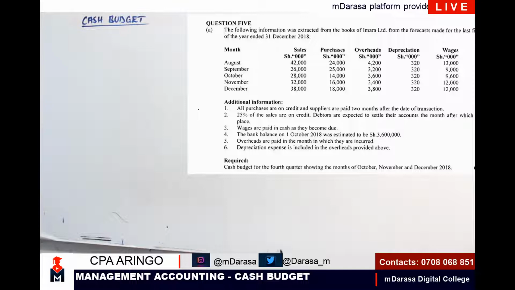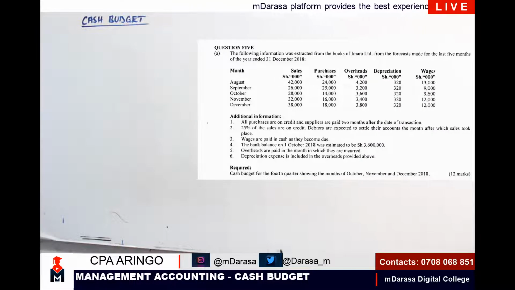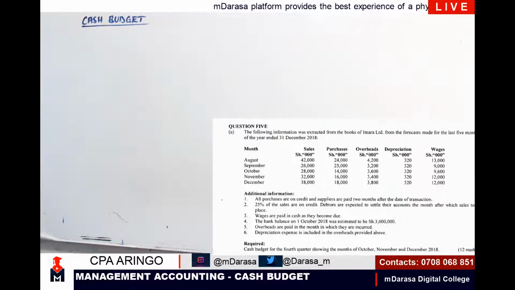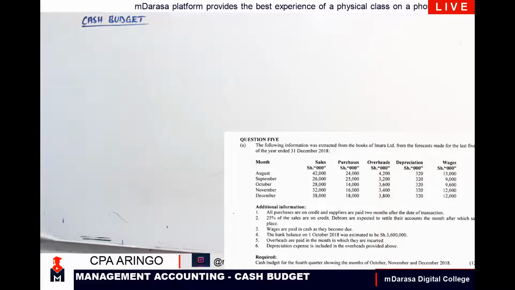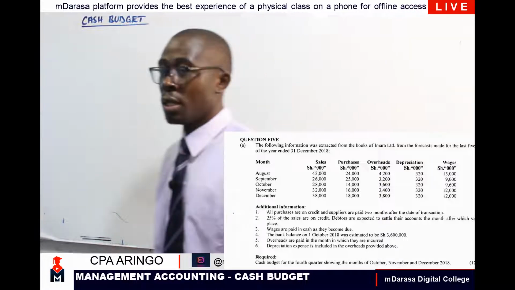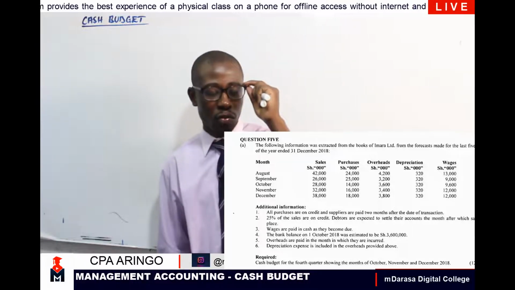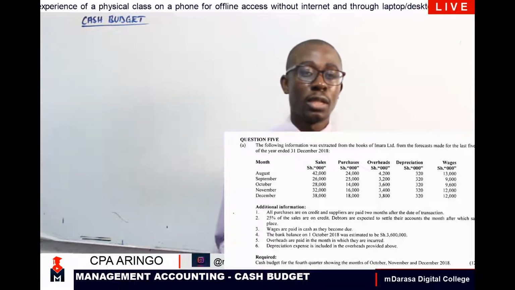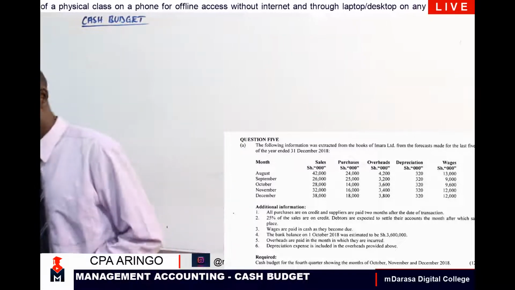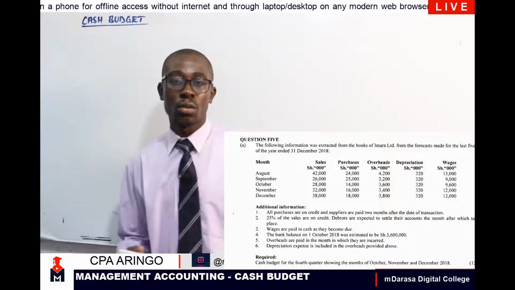Given such a question, believe me that you've taken a screenshot. Still, I'll try as much as I can to squeeze it somewhere below here. So that is our question, which we are supposed to solve, right? Recall, first of all, the format of our cash budget. That is one thing that should click at the back of our mind always. The other thing that you should be able to focus on is to consider our aspect to do with cash inflows and cash outflows.